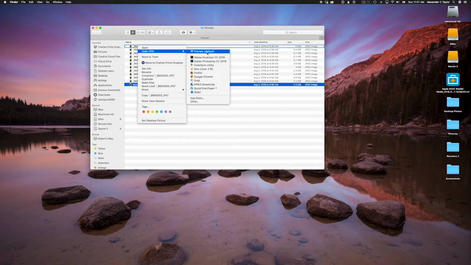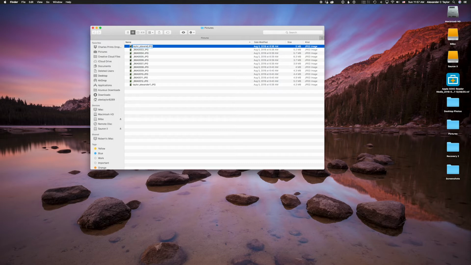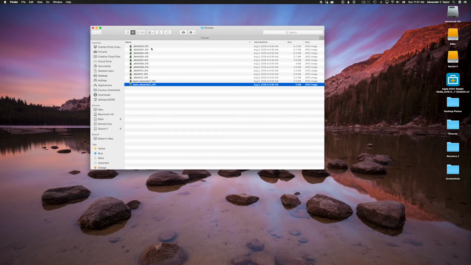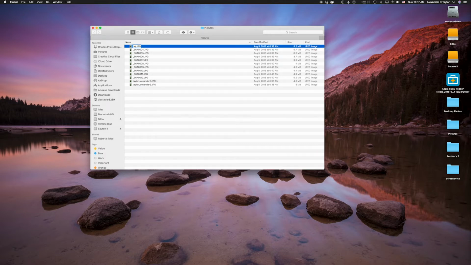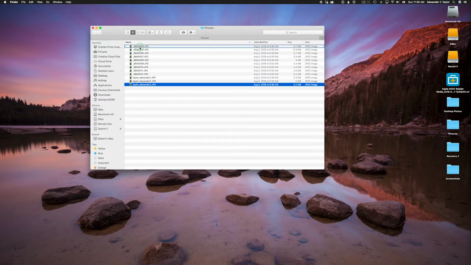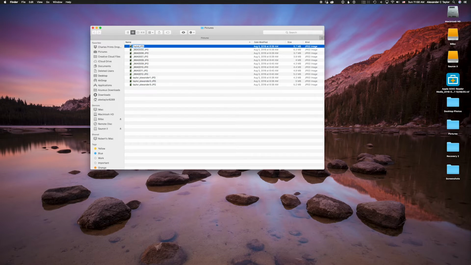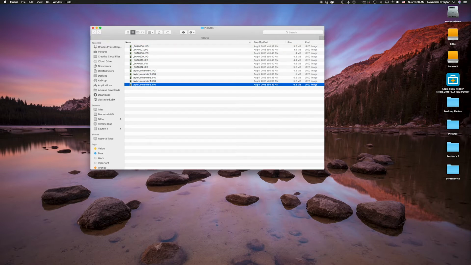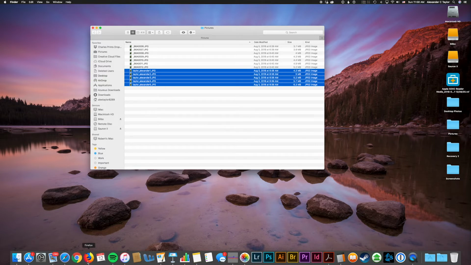So I'm going to right click again, do the same thing. Taylor_Alexander. I'm going to put this one as 2. And then I'm going to do the same thing for all 5 files that I want to turn in. You don't have to do this for all your files, just the ones that you want to turn in. So let's assume that these 5 are the ones that I've chosen. Okay, so once I've got all those named, I'm going to select them all,